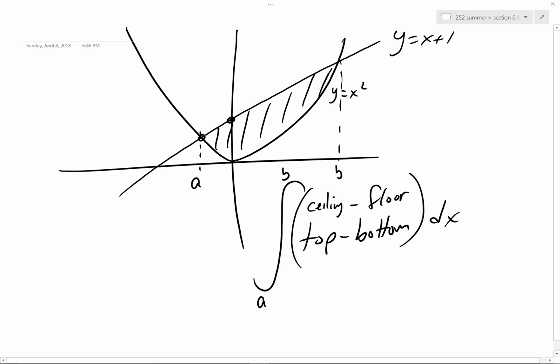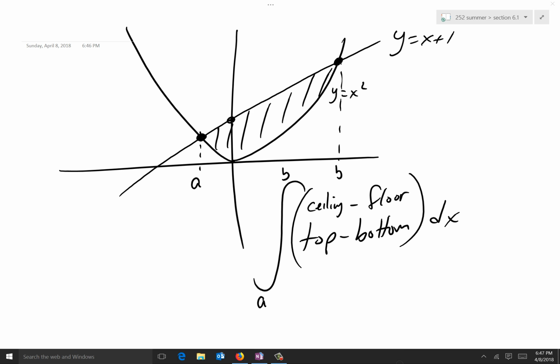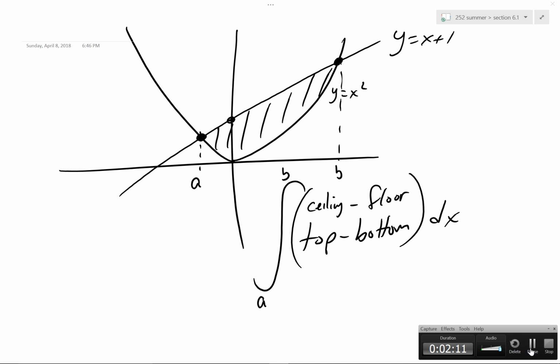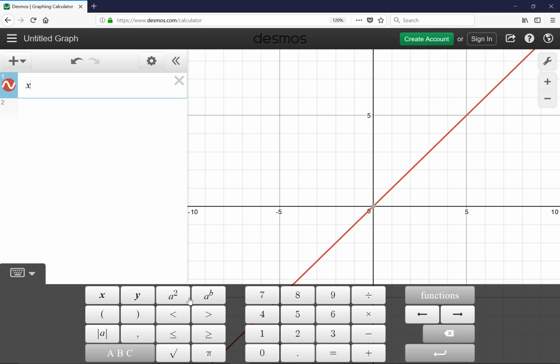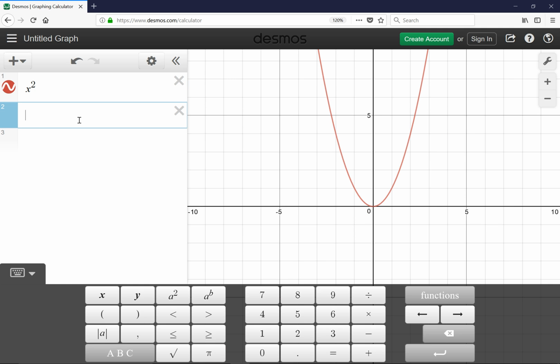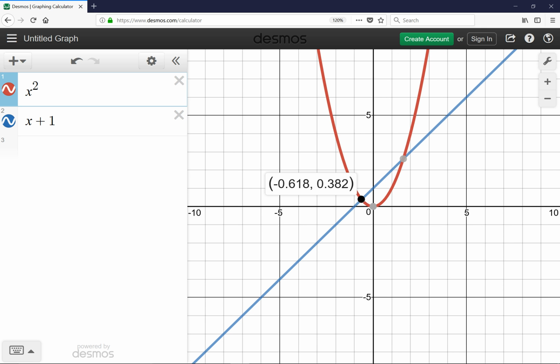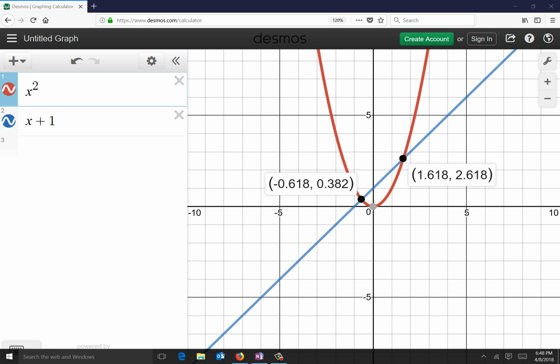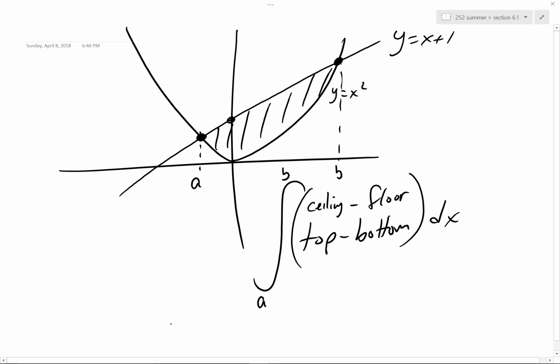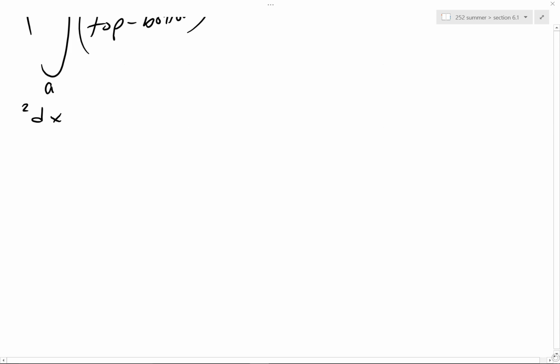Okay, so I need to find, in this case, these two intersection points. Let me pause while I pull up my calculator here. And we're back. So x squared, nice. X plus 1. Cool, and you'll notice that they intersect here and here. 0.618 and 1.618. So in this case, it's going to be the integral of top function minus bottom function from